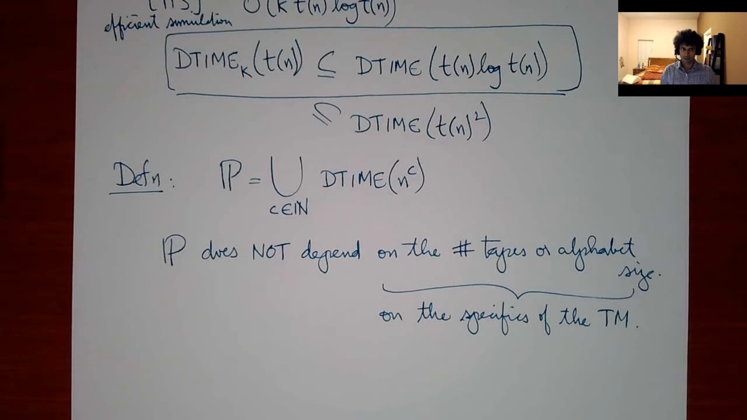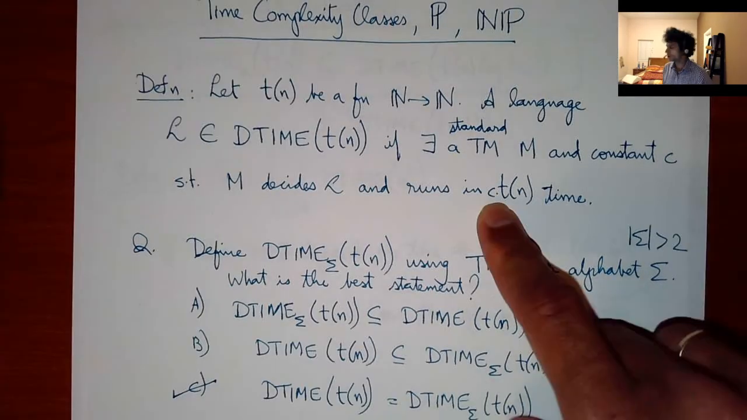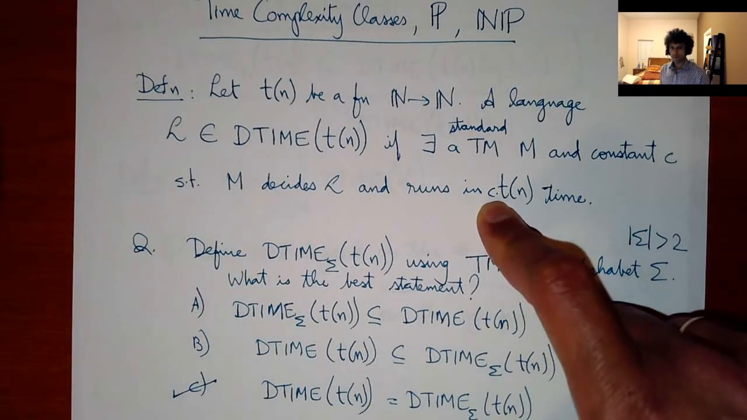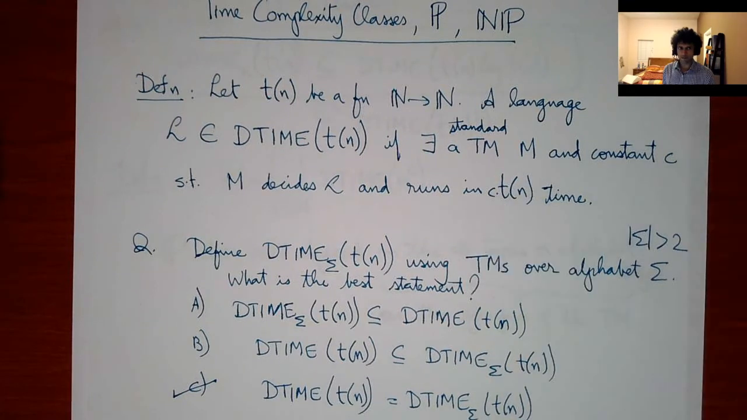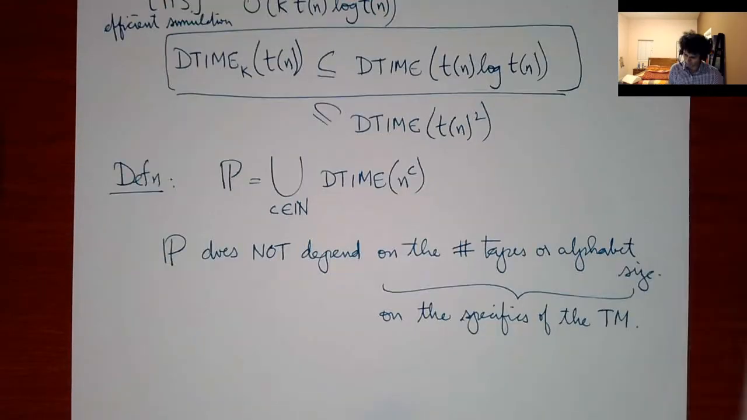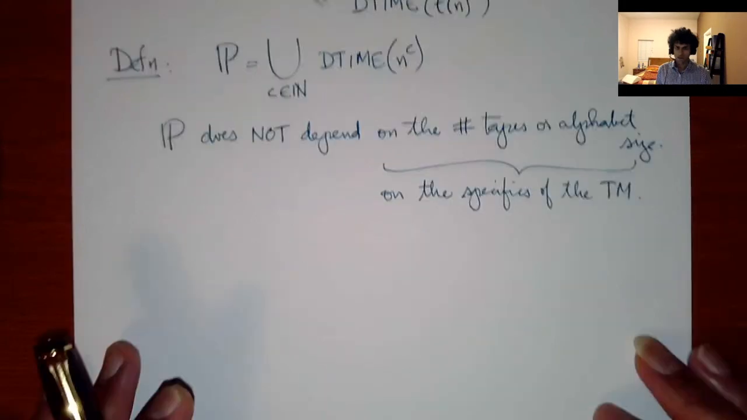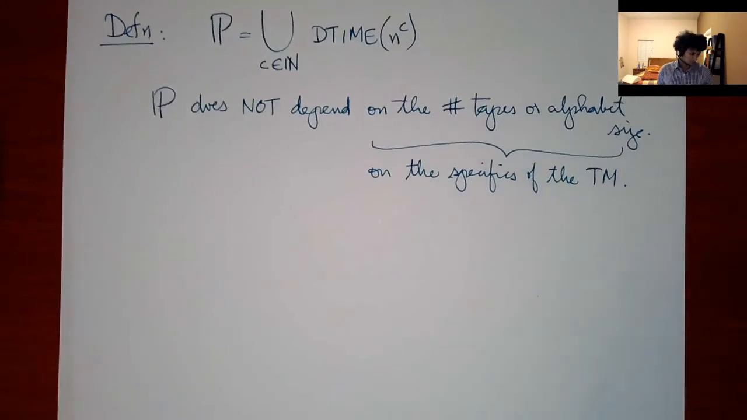So any questions? By the way, I could also have said O of t of n time if that was preferable. I'm a little careful about putting O's because when you start multiplying things, you have to be careful that you're maintaining asymptotics. But yeah. Okay, so P does not depend on the tape, or the alphabet size,